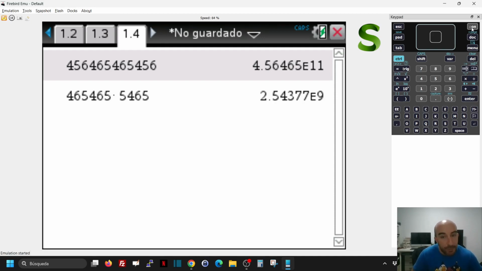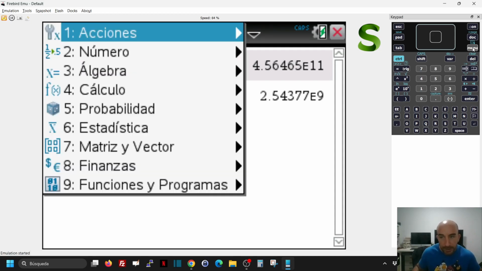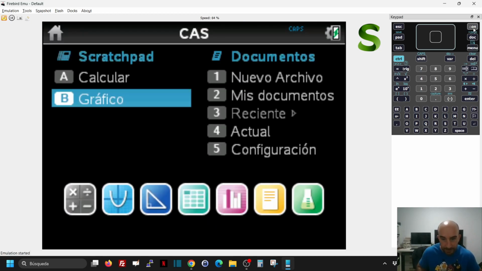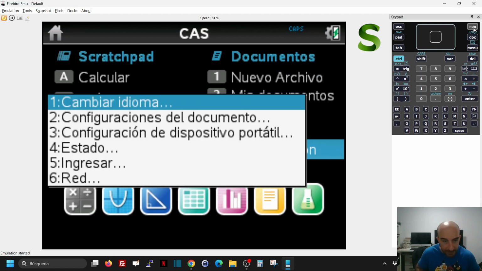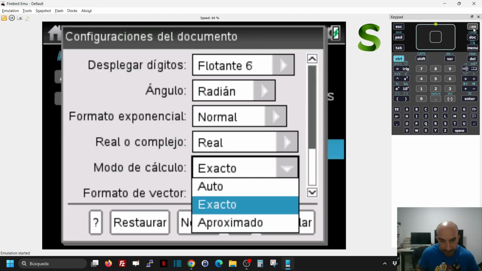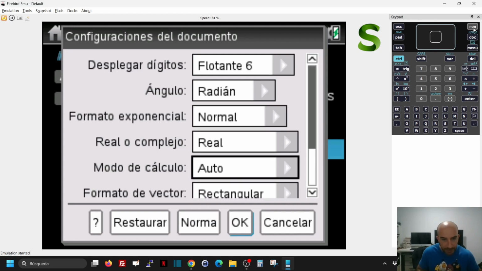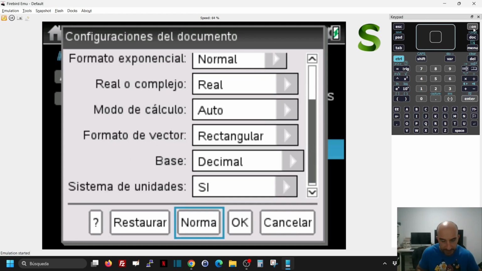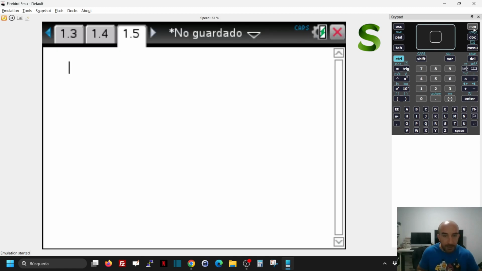So this is interesting if you always work with this, but I'm going to explain how to use scientific notation or standard notation even if you don't. So let's go back and set up the calculator as we had it before. So it's a normal, exponential, and the auto for the calculus. And we set this as default, and we open a new document. So if I want to write this big number in scientific notation, most people when they work with scientific notation,